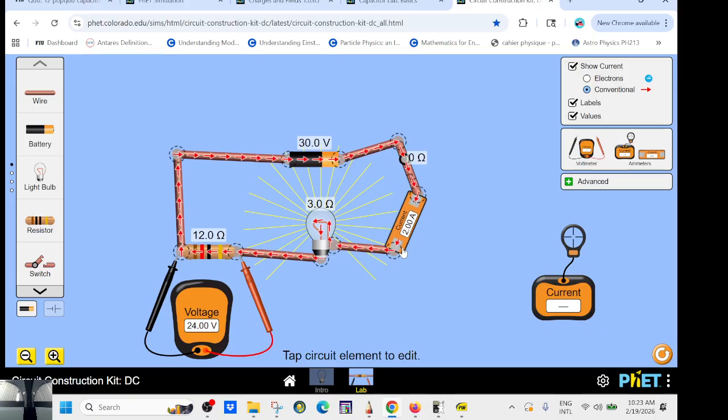But you don't want that device to disturb the circuit, right? So the device measuring the current needs to have a very, very small resistance. Otherwise, it's going to disturb the rate here. So an ammeter or multimeter in the current setting has no resistance,